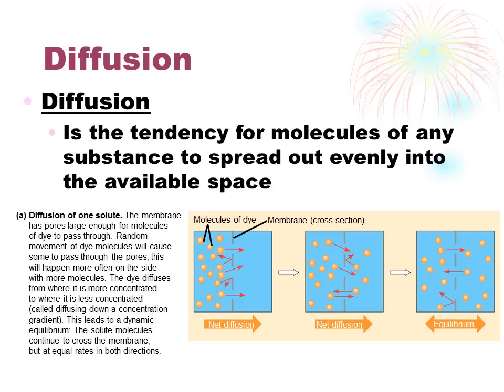So let's look at a picture to see what that's describing. On the bottom, we have molecules of dye on the left-hand side of some membrane. Well, what happens is if you have a higher concentration of molecules on one side of a membrane than you do on another, because of diffusion, those molecules are naturally going to want to migrate to the other side. So as you move across this illustration, you can see that those molecules of dye are going to start moving back and forth